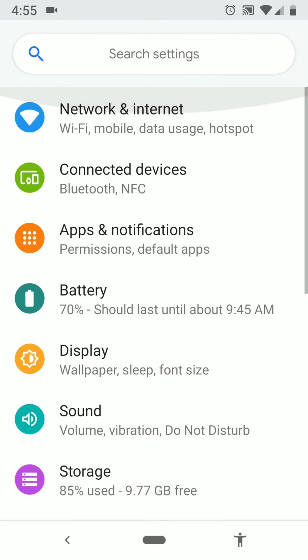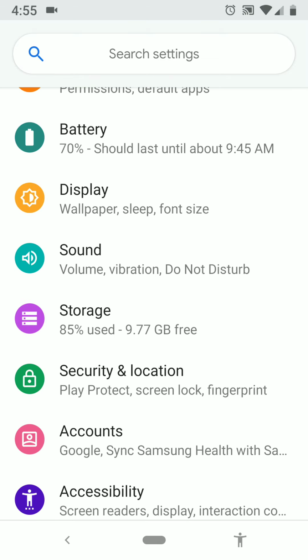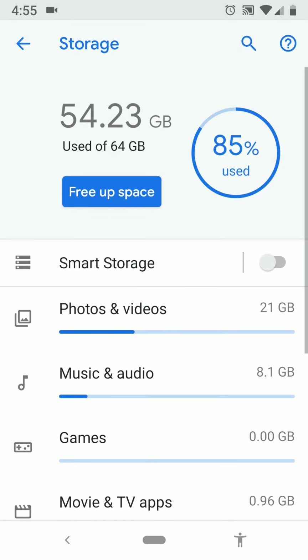But it is also something you might want to think about. And that is the storage. For instance, mine is 85% full, which can start slowing you down. Usually,